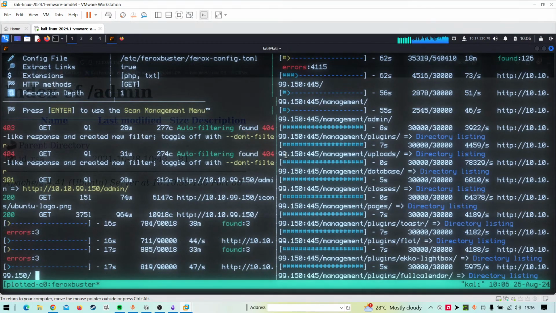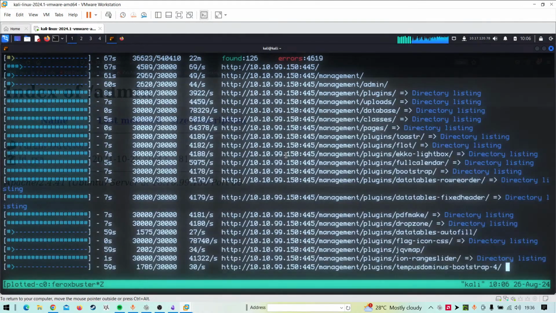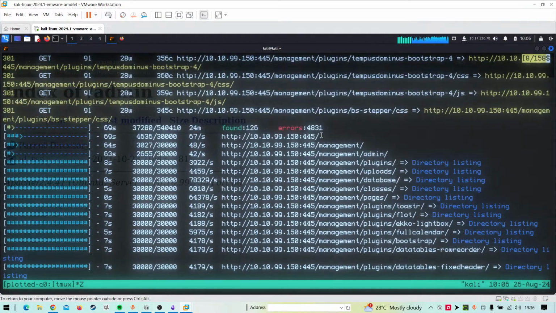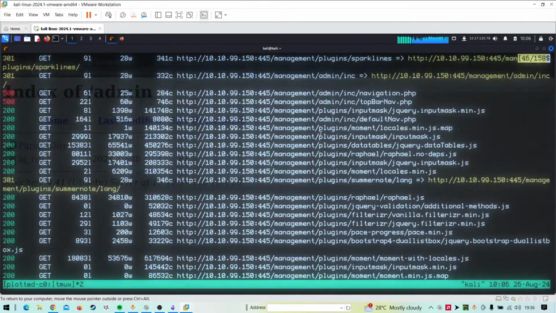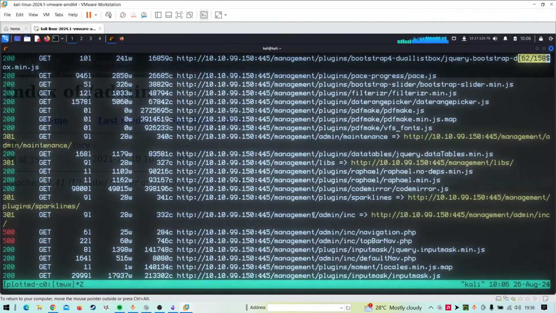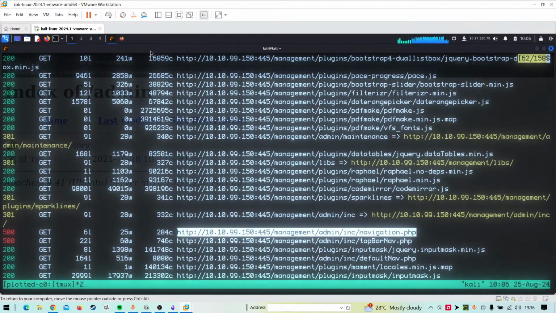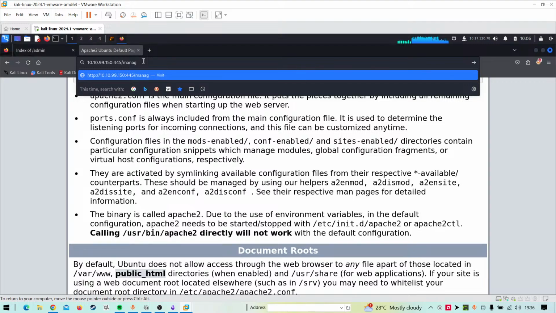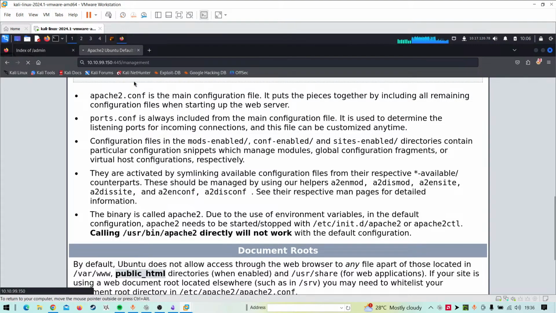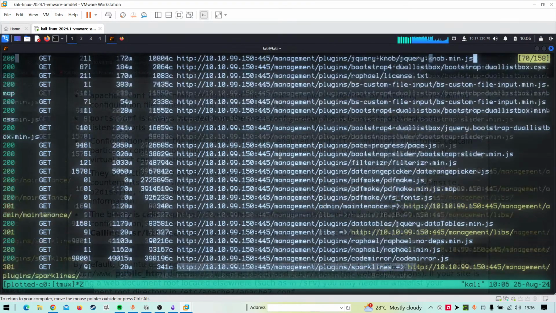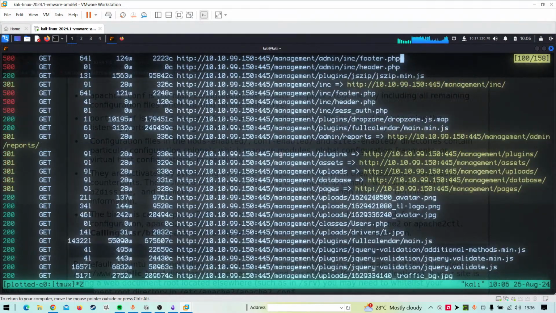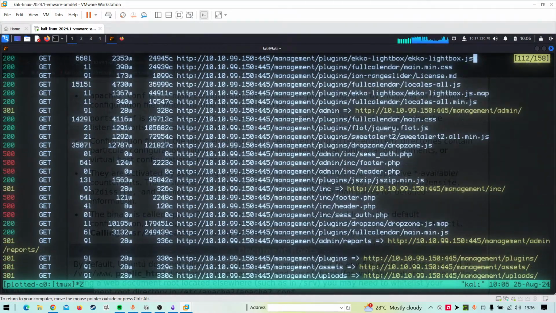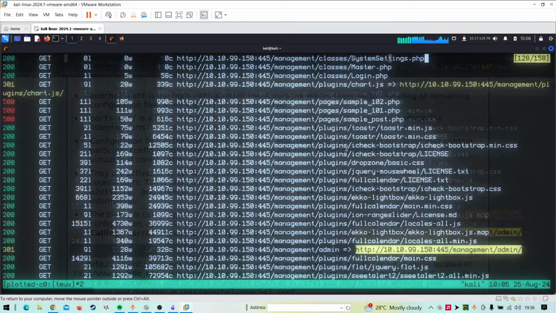So let's see what's happening on our other system right here. Okay, we have quite a lot here, and found a lot of extra stuff on port 80. So we have management and management slash admin. So we'll just go up here to management. If I go to the management, let's see what happens. If I scroll a bit above, we have some JS files. We have management and admin. We have to see that, right?